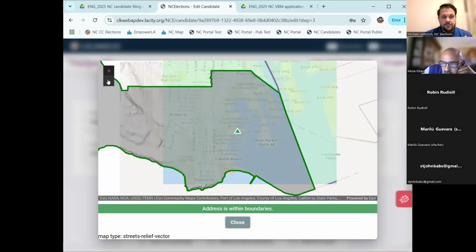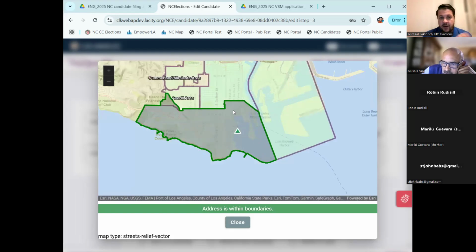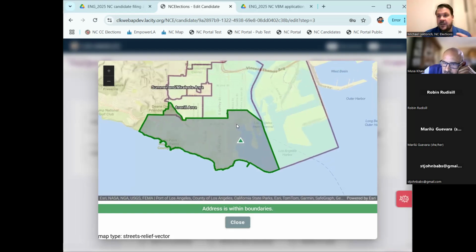You can also see that the whole neighborhood council is outlined here. If it's a neighborhood council that has internal boundaries and that seat is tied to one of those internal boundaries, the map will only show the internal boundary outlined. So it really depends on the seat, but even if, let's say, that this is mapped outside of the boundaries,